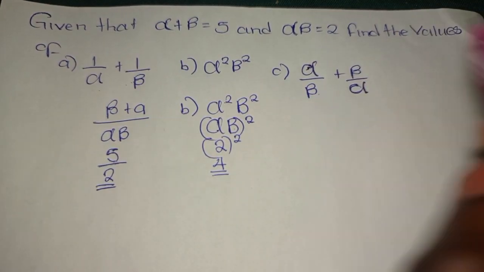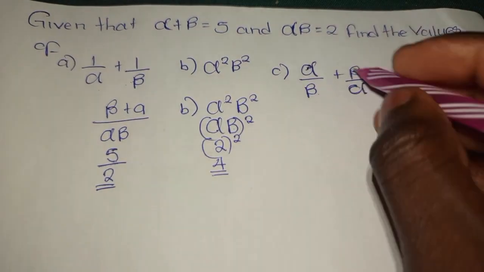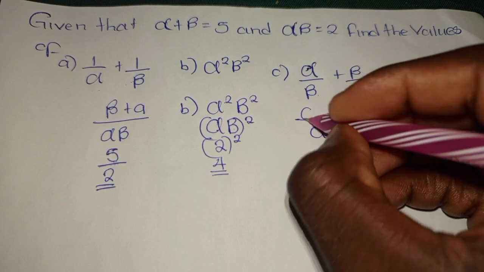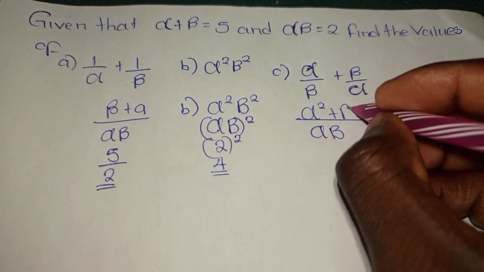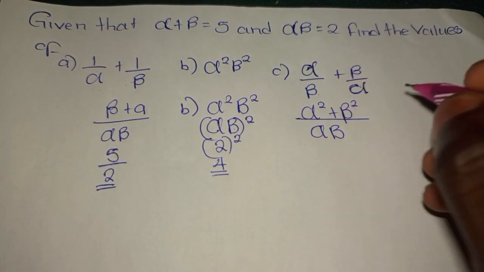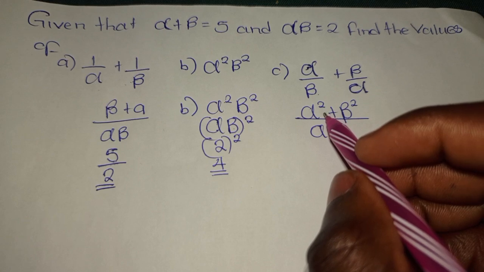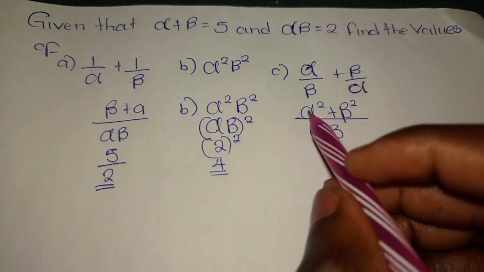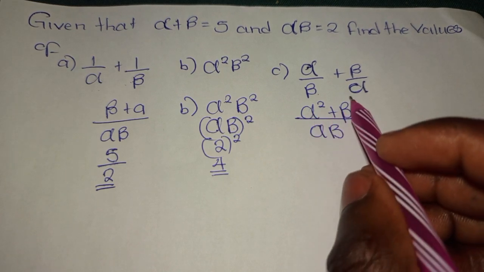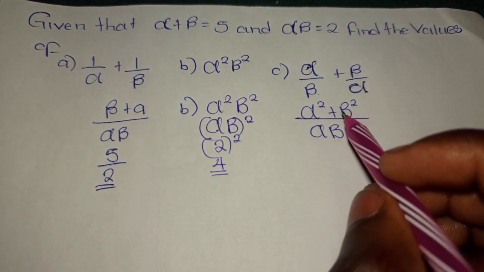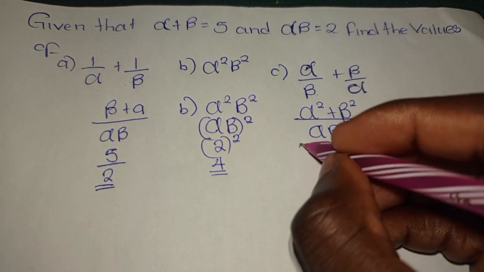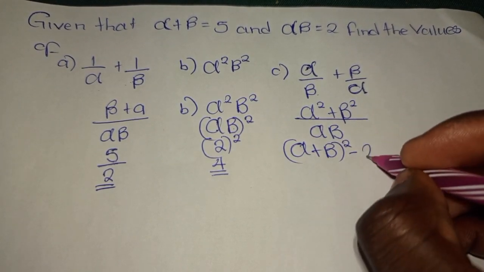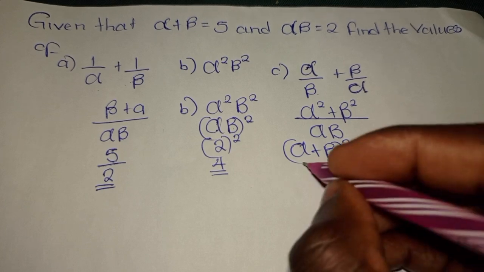So also here you first solve the fraction. So when you solve the fraction here, you will have alpha beta, alpha squared plus beta squared, where you know for sure that we will never have the values of individual alpha and individual beta. So you find the identity of alpha squared plus beta squared, which is the same as alpha plus beta squared minus 2 alpha beta